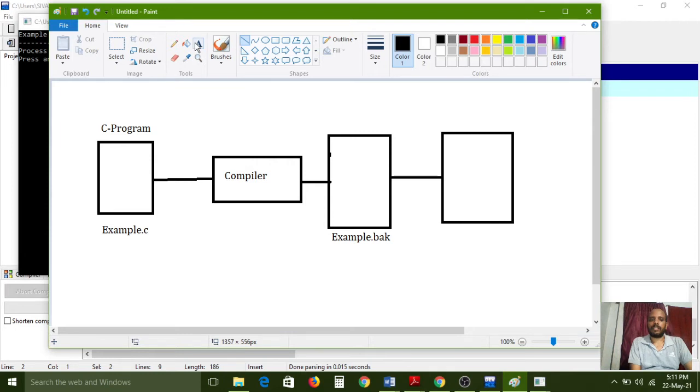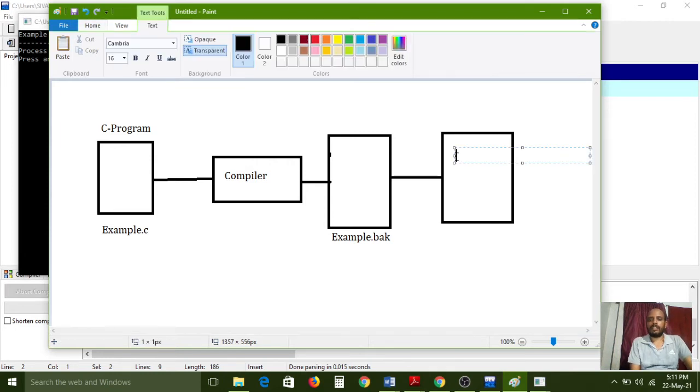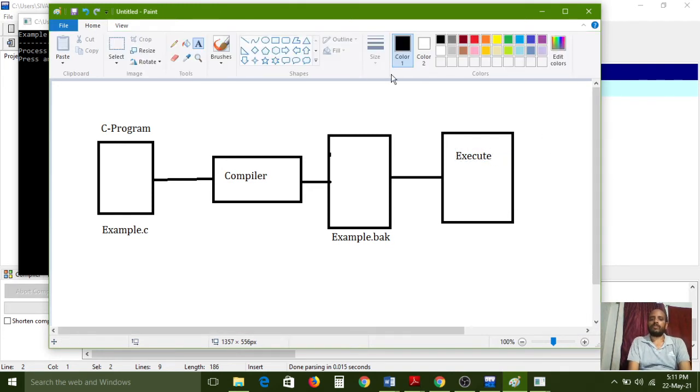Here, execution engine we have transferred. After that we will get output. After that, while executing,